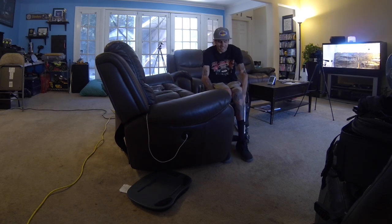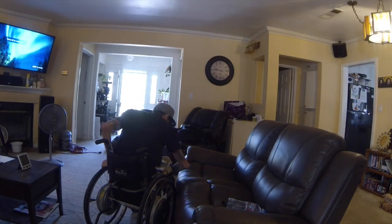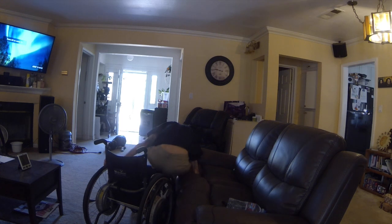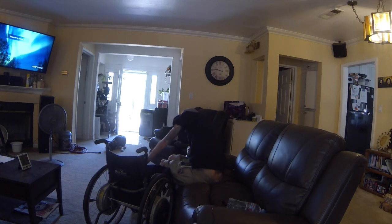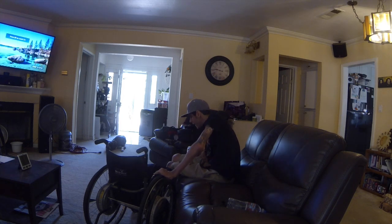Alright, so here we go, guys. Transfer this way, it's the same thing, but this time I'm going to be pushing always with your outside arm, and then the inside arm resting on the elbow, and you are pulling a little bit with your body and pushing, extending from your shoulder a little bit. So here we go. Down, we're going to slide forward, and then a big one over. Adjust some hand grips and balance. And we'll do another little slide over,